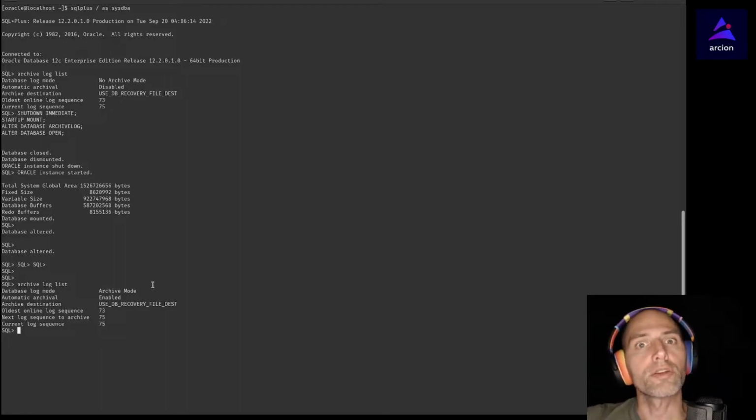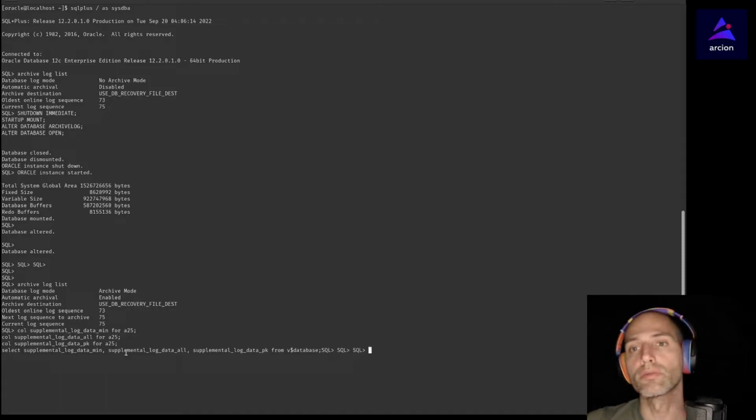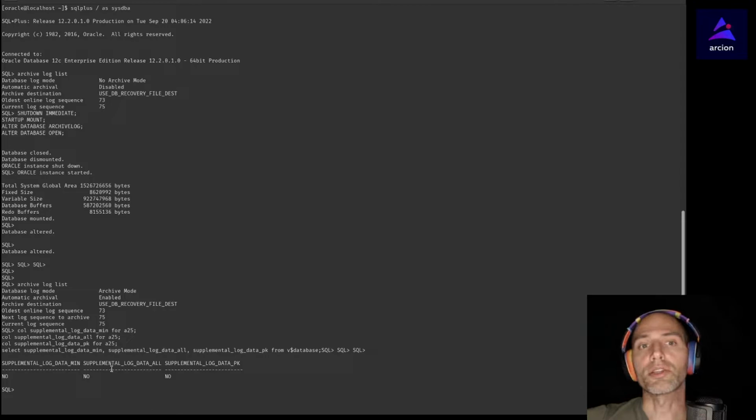The next thing we need to do is enable supplemental logging. Arcion works with both primary key and also all column supplemental logging, though we don't want both at the same time. To check whether or not any supplemental logging is enabled right now, we can do a quick query to the v$database view, at least for these 2. And right now we can see that everything is a no. So we're going to go ahead and enable